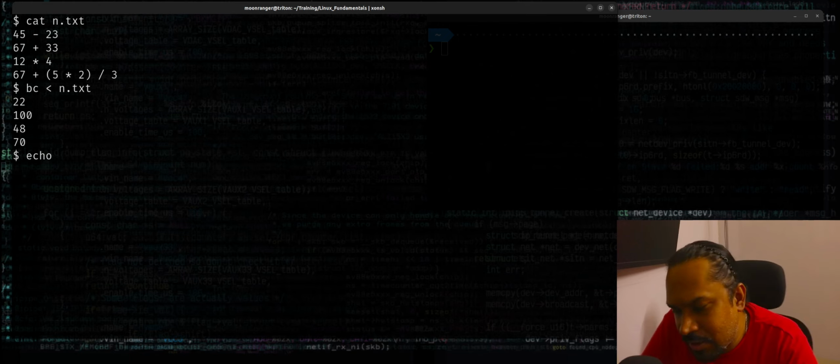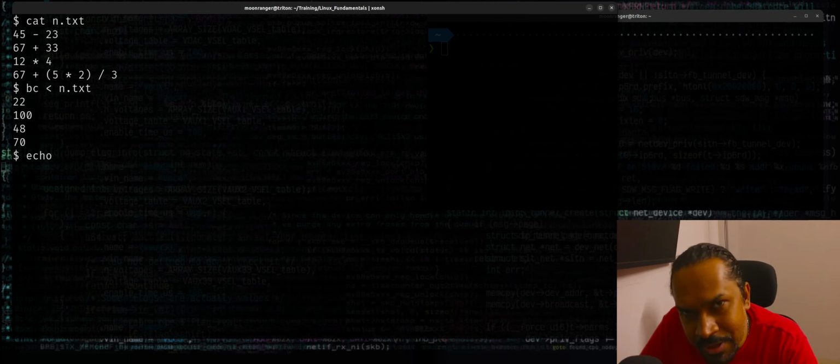sophisticated math functions like log, sine, cos, tan, arctan, all these trigonometric and logarithmic functions. This is available in a math library. To load the math library, you say BC minus L. So I'm going to use that in this case. This time I'm going to say